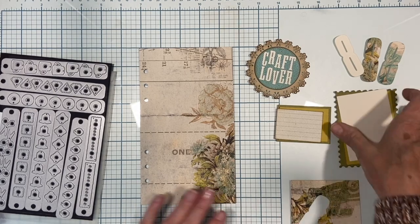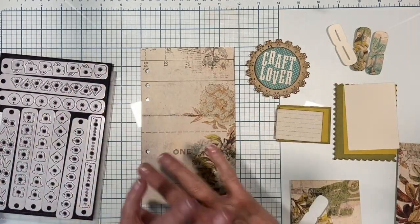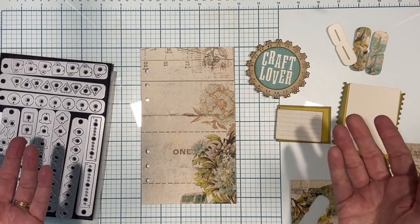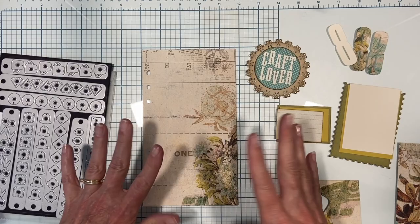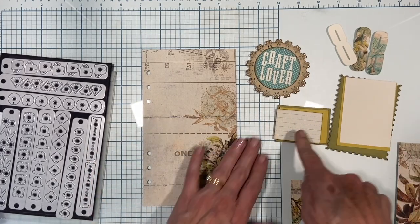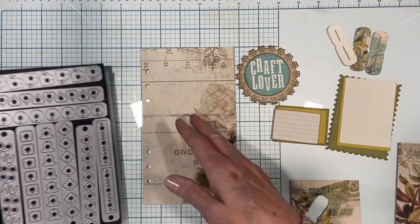I don't have a picture of what I want to picture yet, because I wanted to take a picture of all the new dies kind of fanned out and all the stamp sets kind of fanned out. That's the key to this page this week, because that's all I've done all week is make samples with my new stuff. So while I can't show you that stuff yet, I can have a picture of all the things in my main photo. And here's my little journaling place. So anyway, knowing Craft Lover is going to be my title to the page,